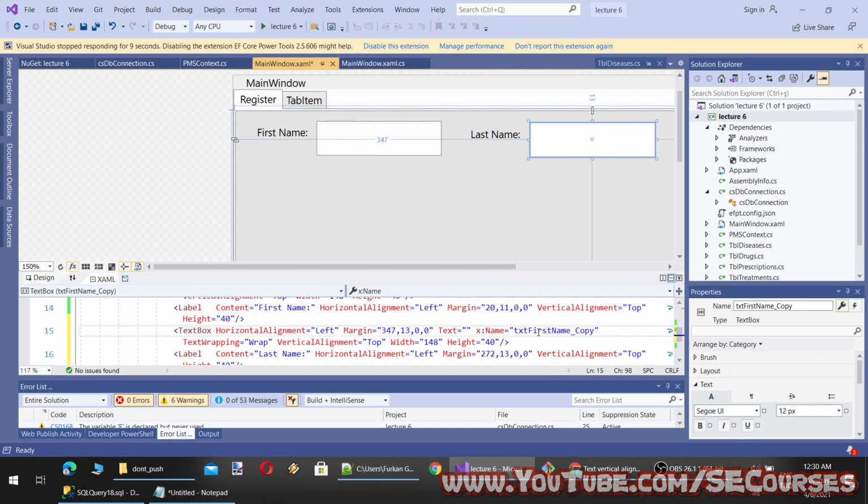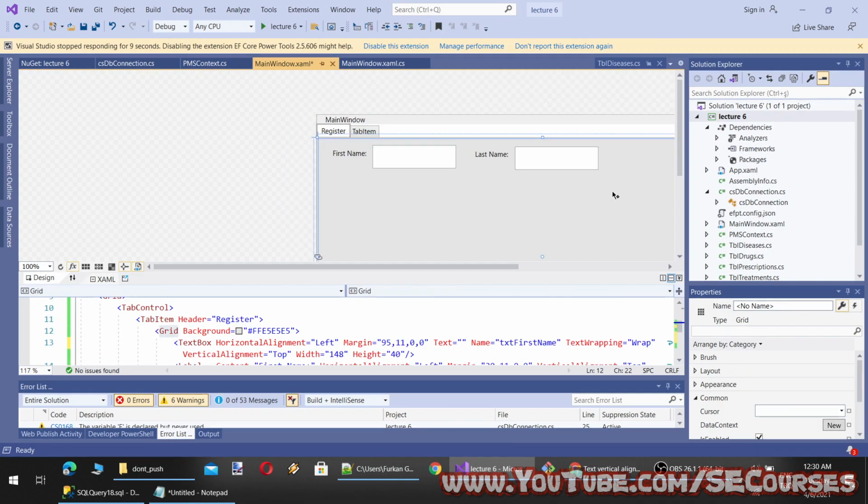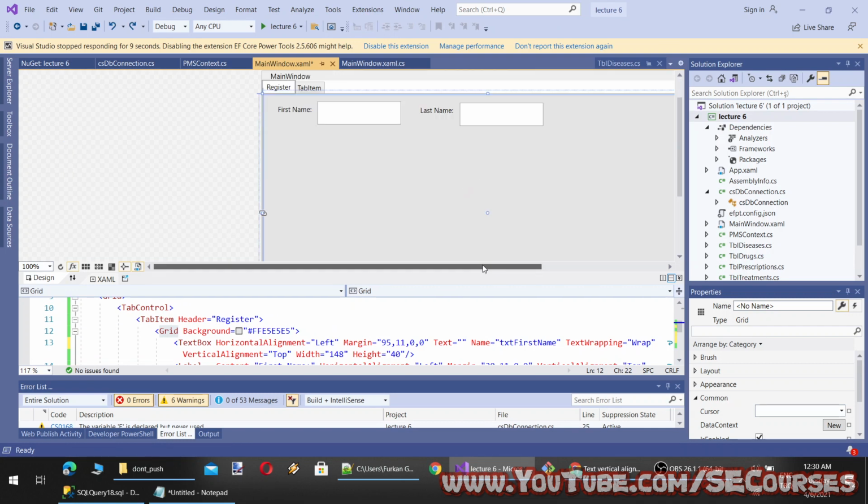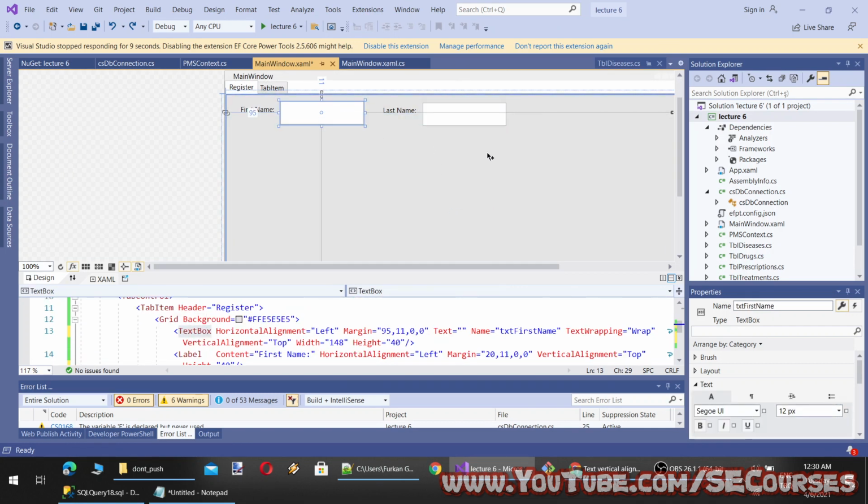Okay, txtLastName. And what other information are we going to have? We are going to have email, right?